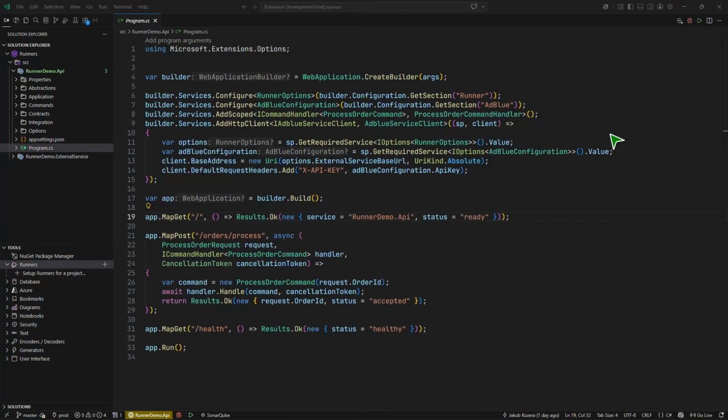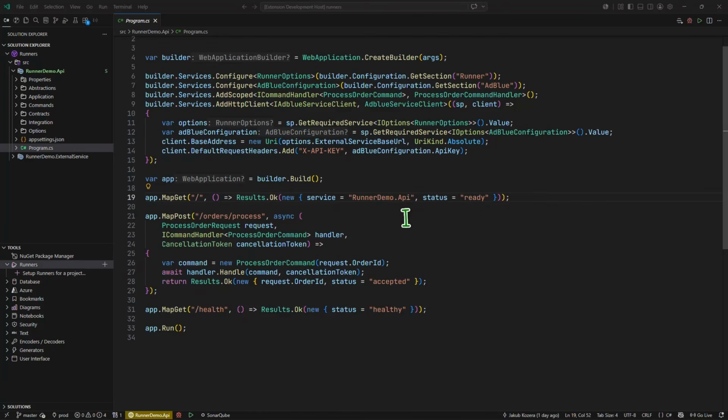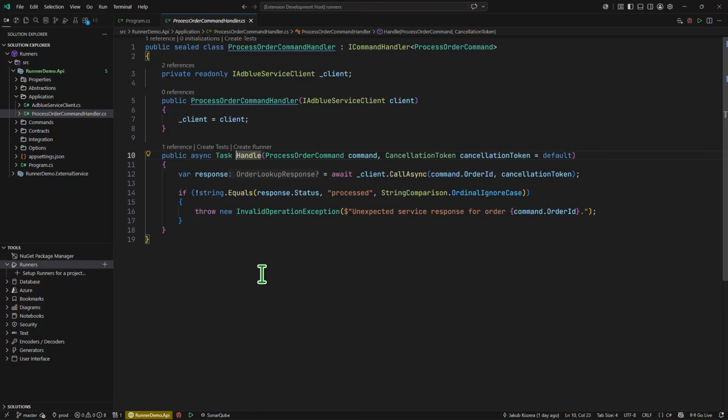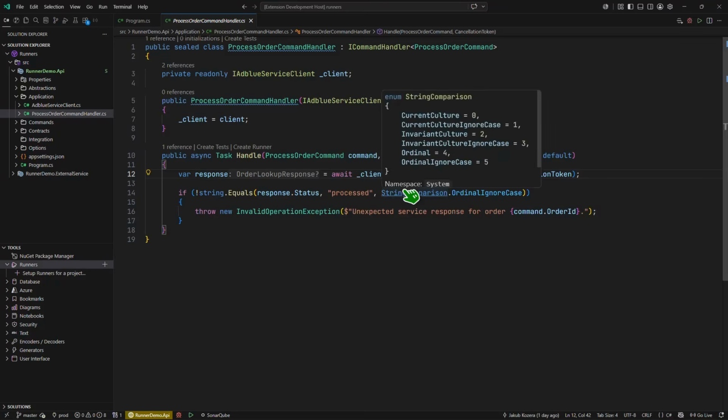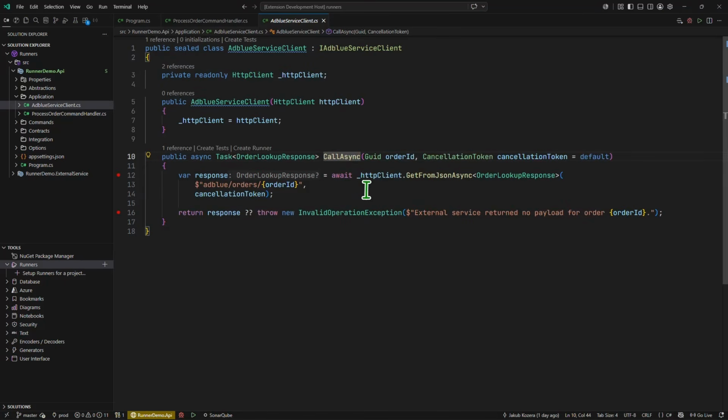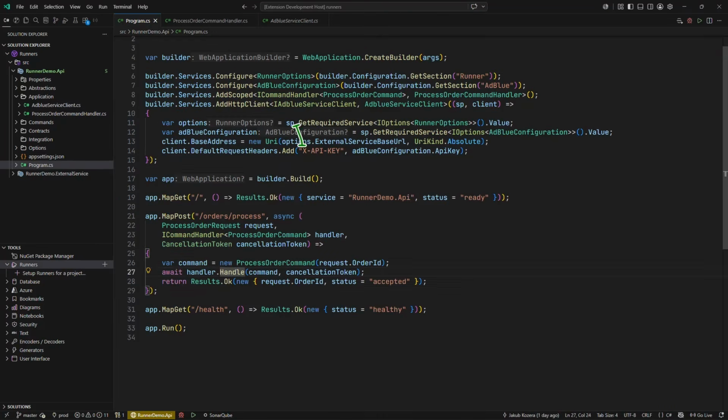How do you debug code that is deeply nested inside a dependency injection container? Let's take a simple web application as an example. Here we have an entry point in the form of a minimal endpoint that calls a handler, and that handler in turn calls an AdBlue service client. The AdBlue service client itself relies on the HTTP client, which is properly configured in Program.cs inside of the